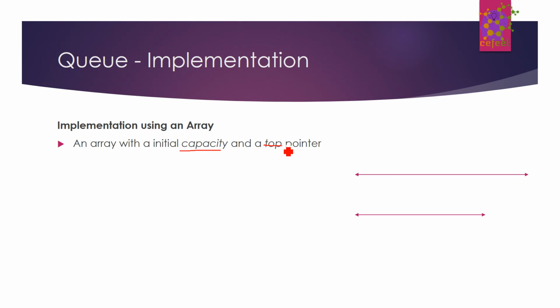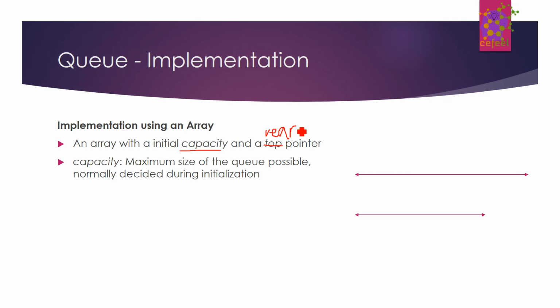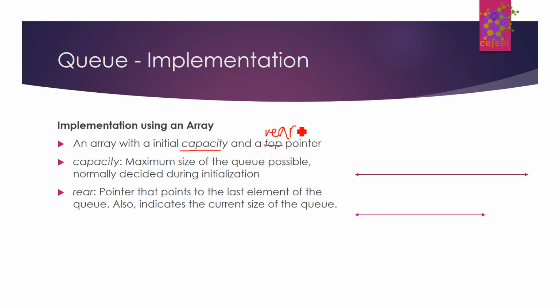It's not a top pointer, it's the rear pointer. We will call it a rear pointer, just to indicate where the size of the queue is. So capacity is the maximum size of the queue possible, normally decided during initialization, and then a rear pointer that points to the last element in the queue,